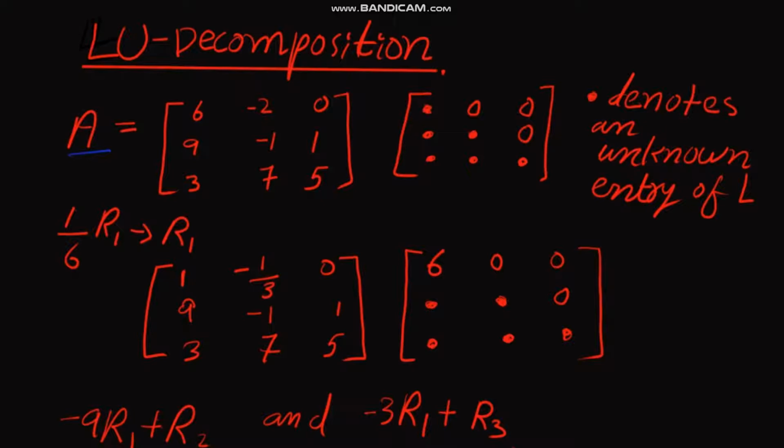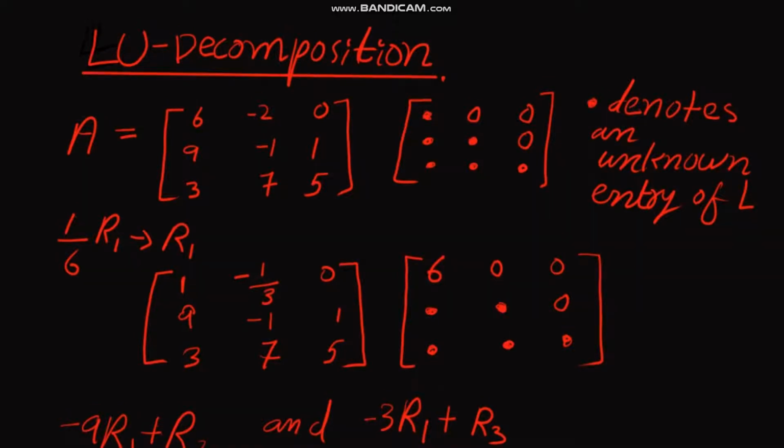Now, beside the A matrix, you have to write a matrix in such a way that it should be upper triangular. Right? And these dots denote the unknown that we need to find. Okay, so I have written here, these dots denote an unknown entry of L, meaning lower triangular matrix. Okay,